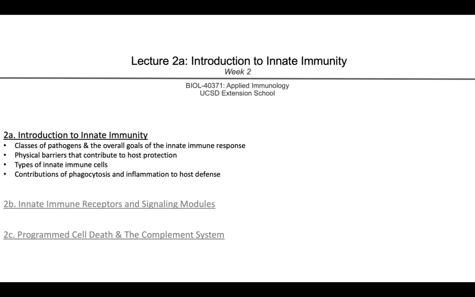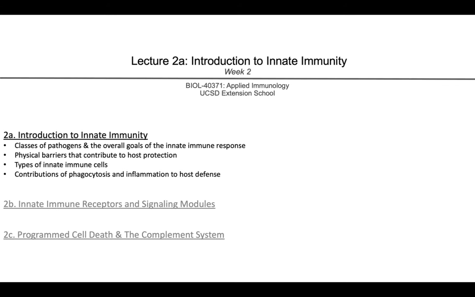of detail. Today we'll begin our introduction to innate immunity by introducing primary classes of pathogens and the key goals of innate immunity in addressing infection by those pathogens. We'll then cover physical barriers that exclude pathogenic microorganisms, the different types of innate immune cells, the methods employed by sentinel phagocytes to consume and kill pathogens, and end with the definition of the term inflammation and learn how phagocytes